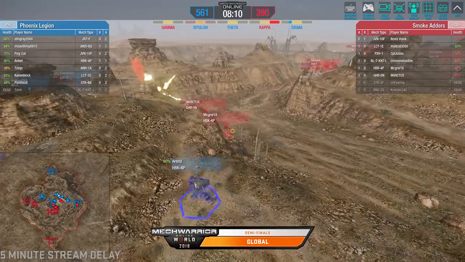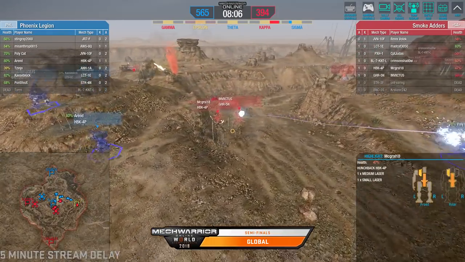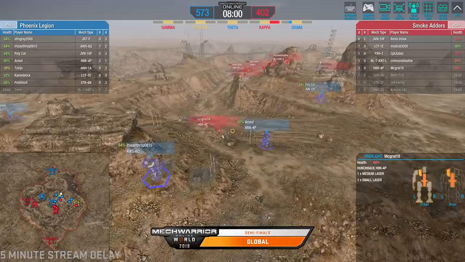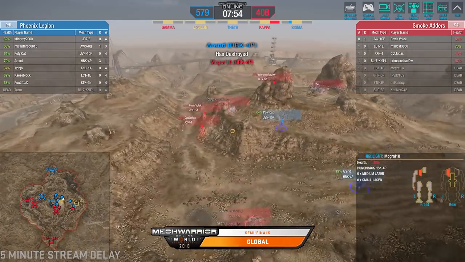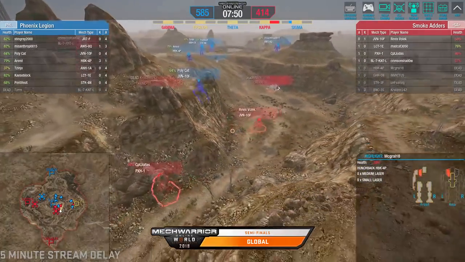They are hurt, though. They are very hurt. Center torso, only 2 lasers left on that Hunchback. The Grasshopper gets taken down. I think that Phoenix Legion did a lot of damage onto that push. And it's just going to be too much for Smoke Adders to overcome. You are correct. Phoenix Legion gets away with those position